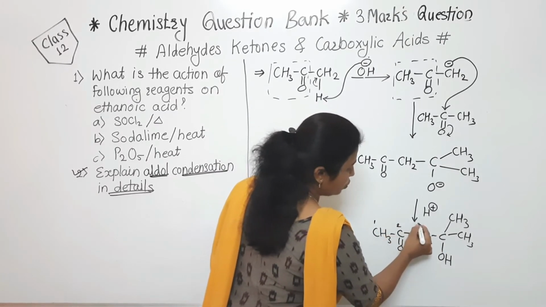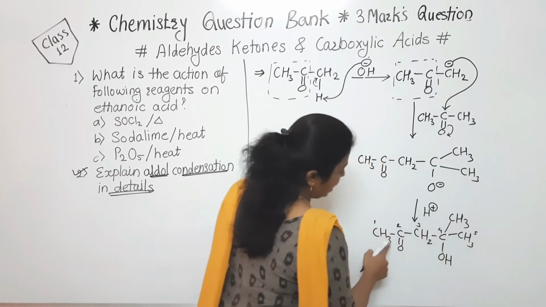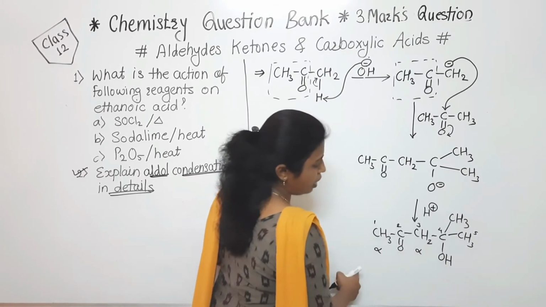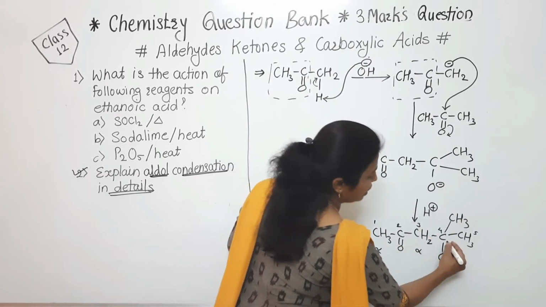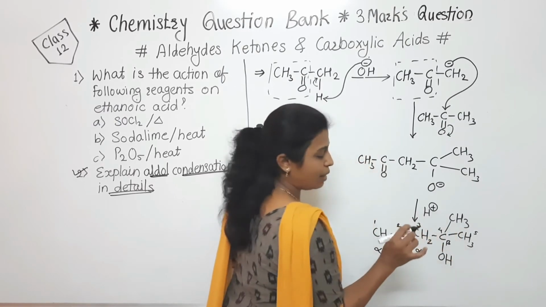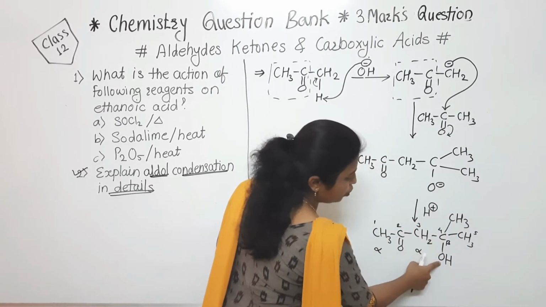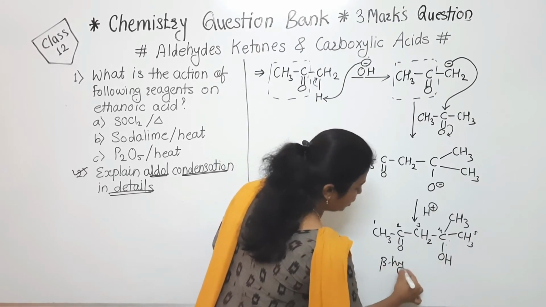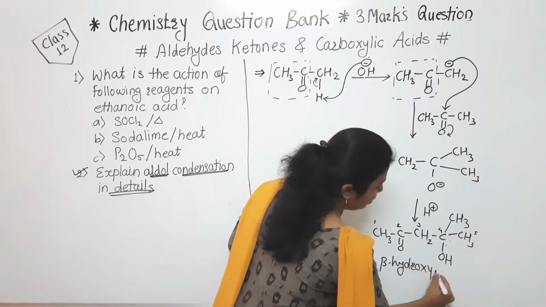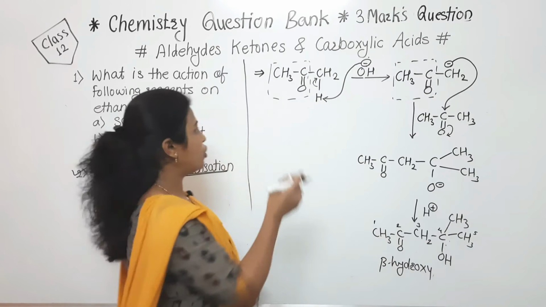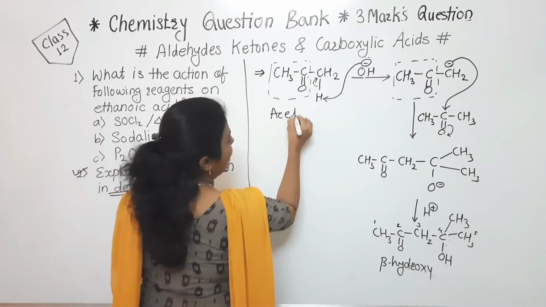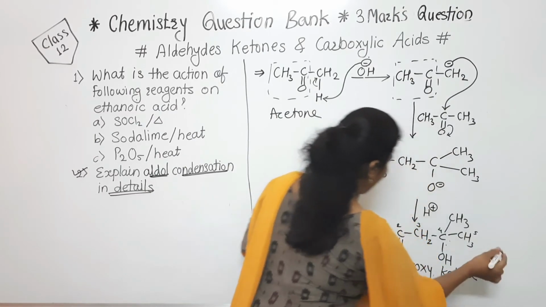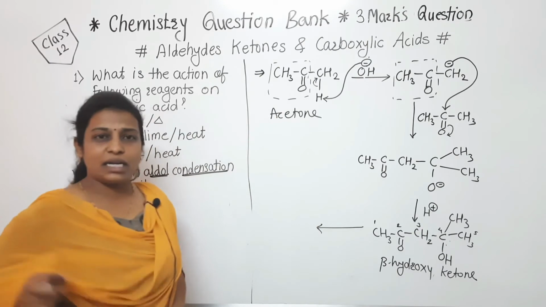Carbon 1, 2, 3, 4, 5. According to alpha, beta, if we consider, this is also an alpha carbon, this is also an alpha carbon. After the alpha carbon, it will be beta and then gamma like that. So at the beta position, OH is there, and that's why this structure is beta hydroxy. Now, ketone or aldehyde: beta hydroxyketone will be there, because here we have used the starting material, that is the ketone. That's why it will be beta hydroxyketone.